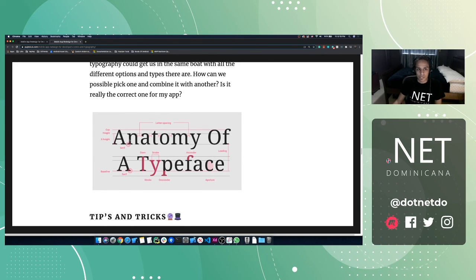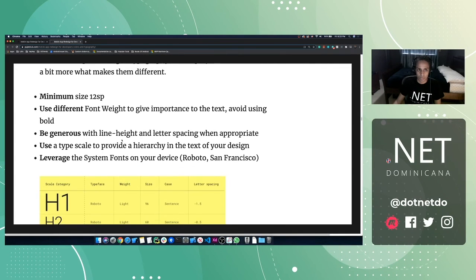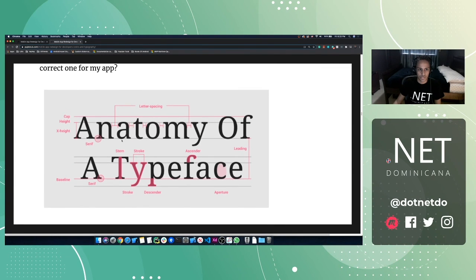So fonts have different properties to them, right? We're not going to learn all of these. I'll just give you the basics, because if we go into all of them, we'll spend the whole session on that. But the basics are, every font has letter spacing, has a certain height to the font, and the height, if you notice,